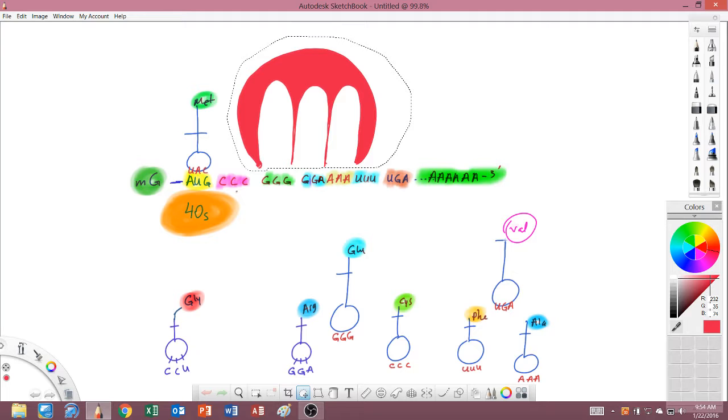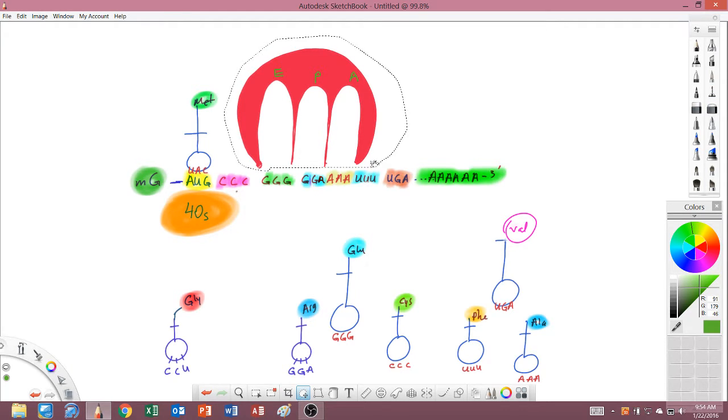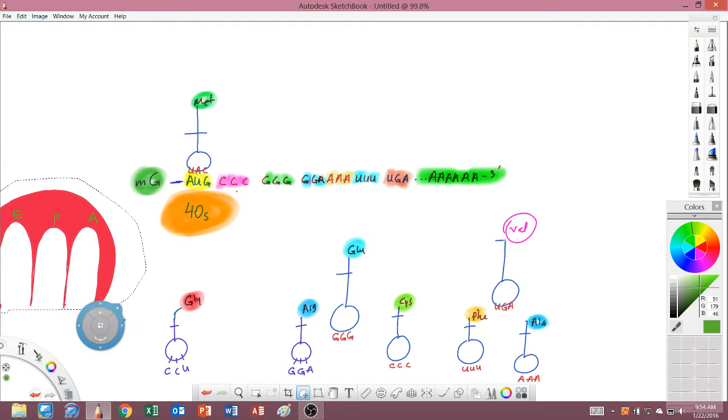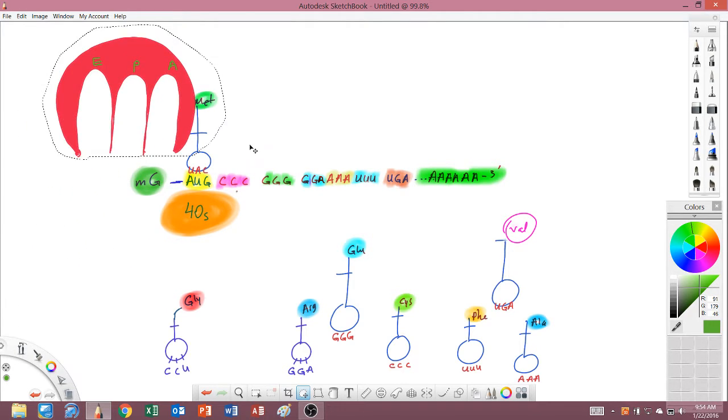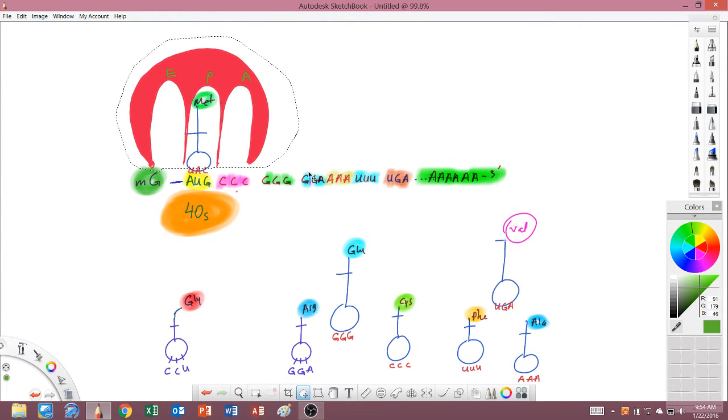Let me label too. So here is the A site, and this is the P site, and this is the E site. Very good. So let's say this large ribosome is somewhere here hiding. As soon as tRNA and the small subunit attach, then the large subunit will come and attach. Of course, it will attach here first with the A site. When it does so, it will recognize this as a start codon, and it will move on 1 step to the next.